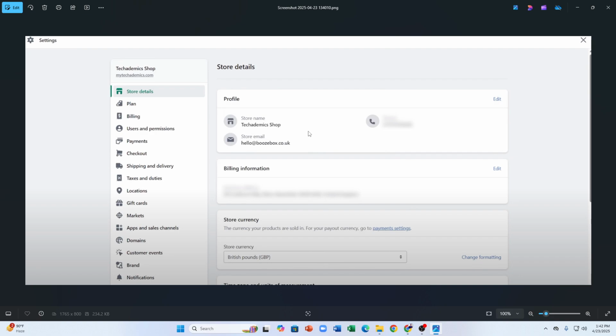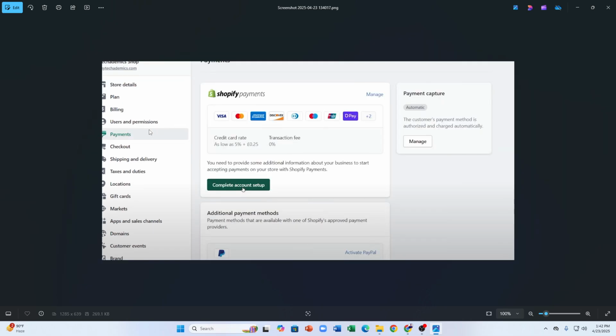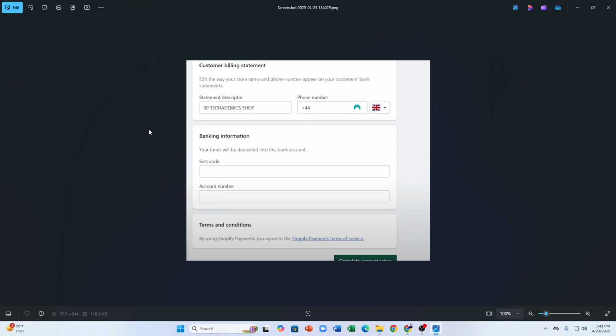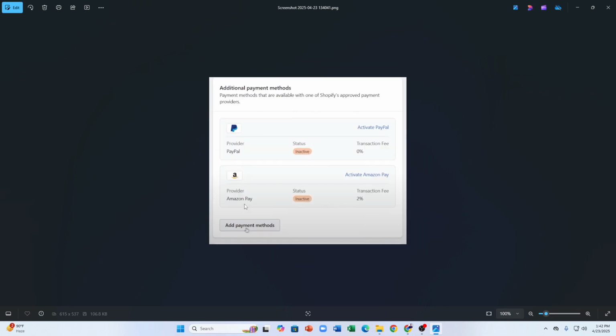From there you can see this option called payments. You have to tap onto payments. Then you can head over to this option called complete account setup. You have to tap onto this option and complete account setup. From there you can enter your banking information here, your sort code, account number, and also